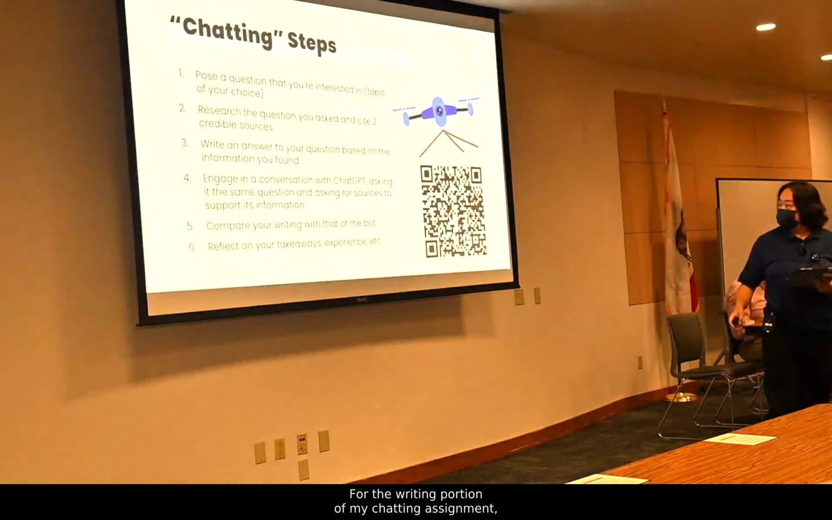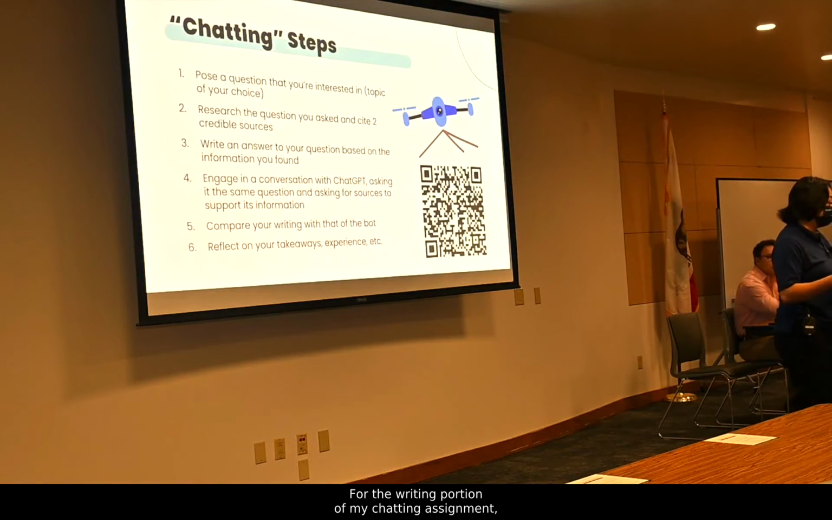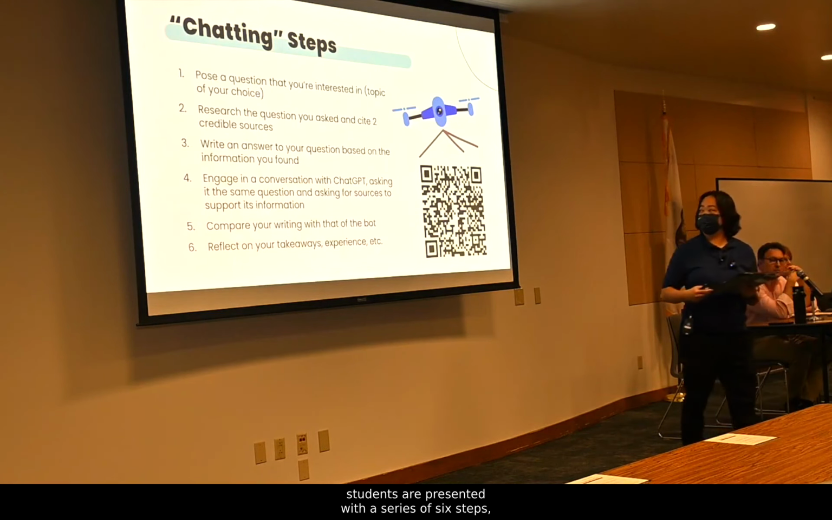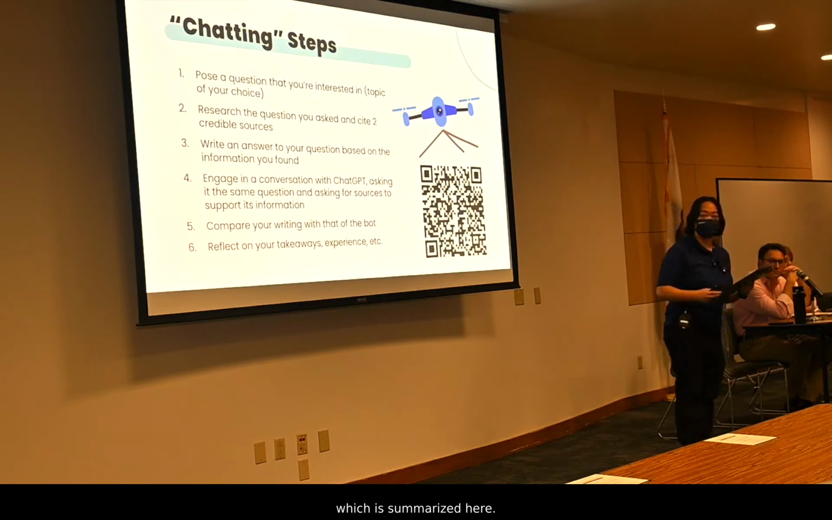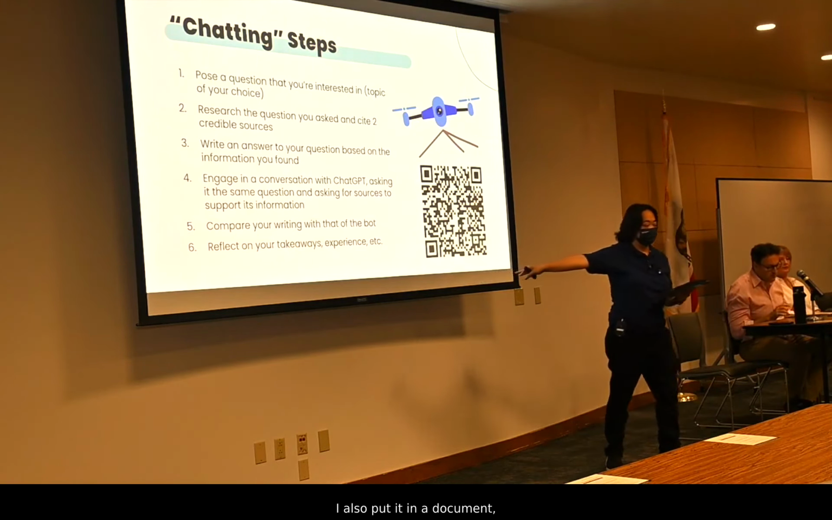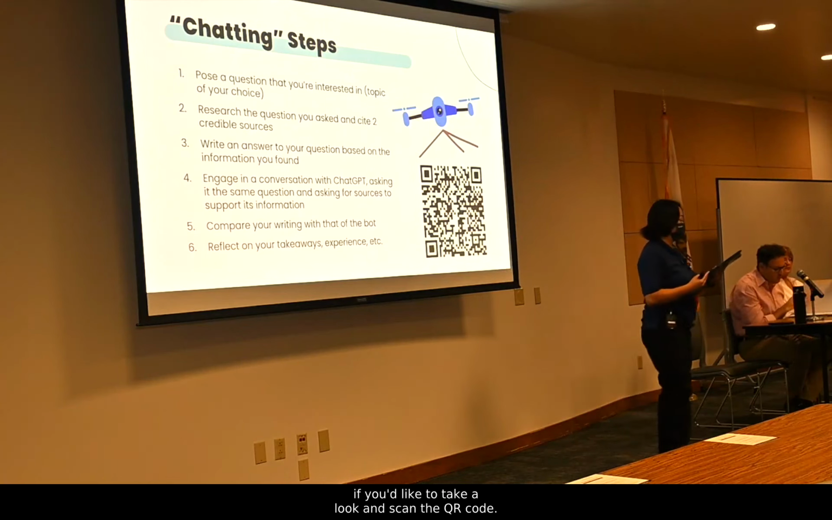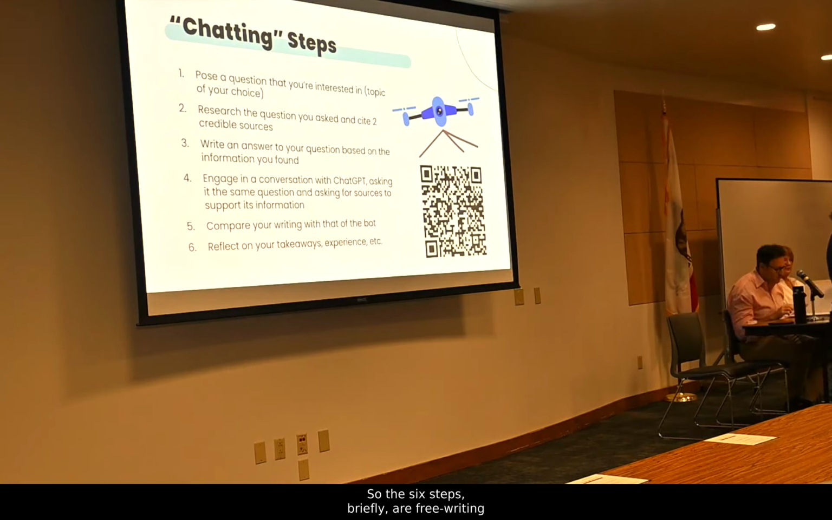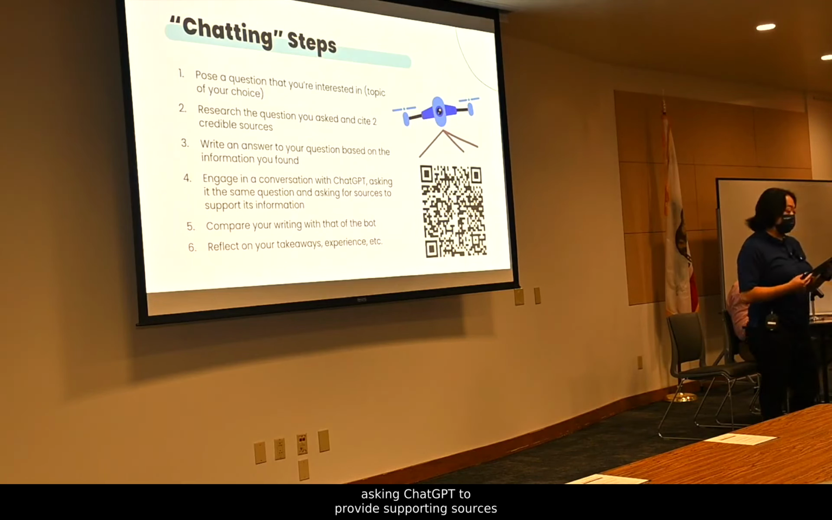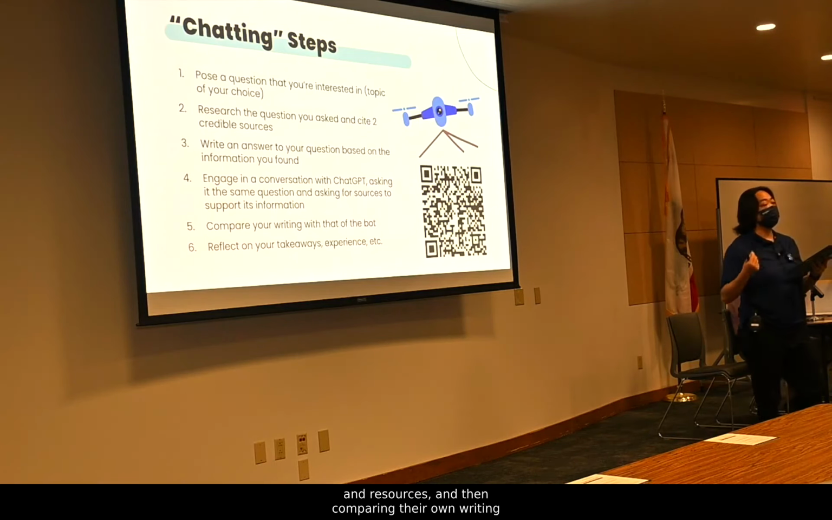For the writing portion of my chatting assignment, students are presented with a series of 6 steps, which is summarized here. I also put it in a document if you'd like to take a look and scan the QR code. So the 6 steps briefly are free writing and researching a topic of their choosing, dialoguing with ChatGPT to see its response on the same topic, asking ChatGPT to provide supporting sources and resources, and then comparing their own writing